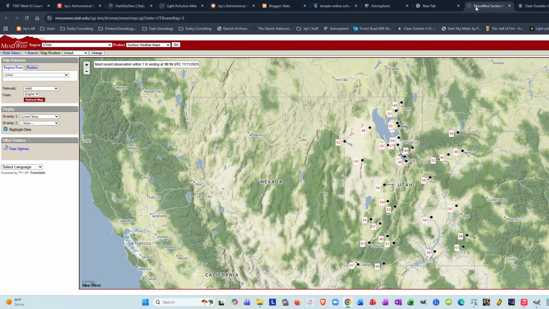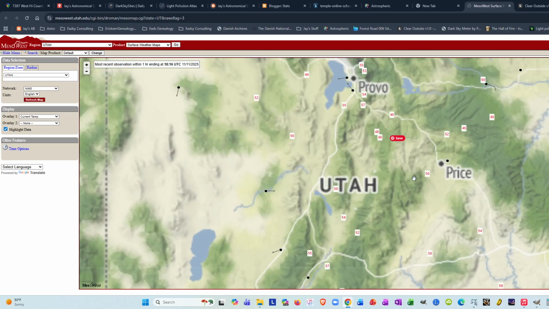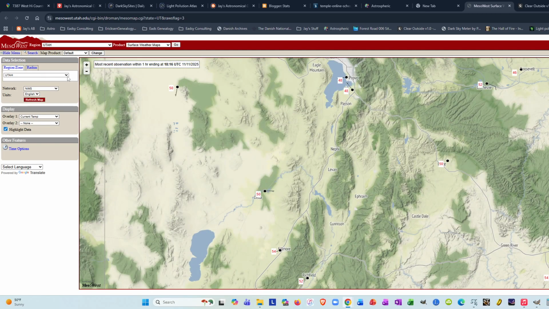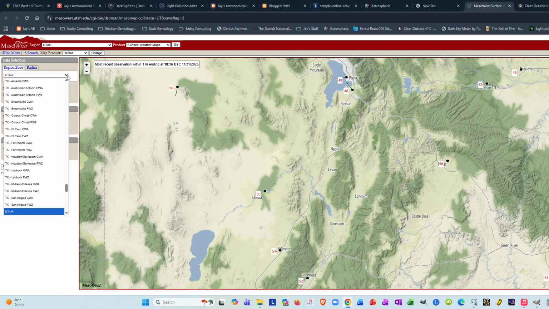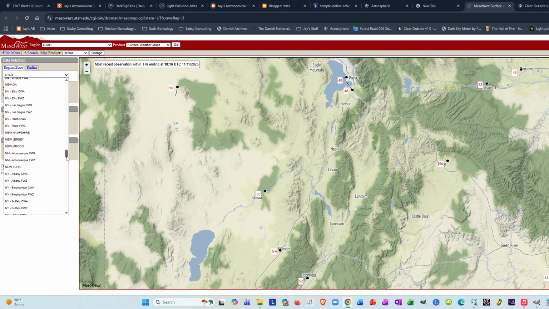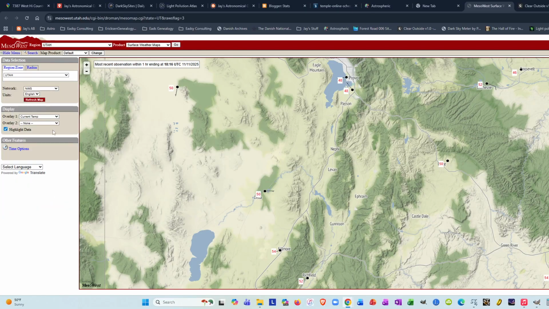So let's go ahead, and I'm just going to show you Mesa West. If you're in Utah, they have this. I think they may have it in other areas, but I can come here and I can select. You can see they have it in other states and stuff. They have it all over in all the states, so you can just find your state. I'm in Utah, and I'm going to go NWS and RAWS. I may just change this to all networks, and that's going to really probably bring in, and it's going to show